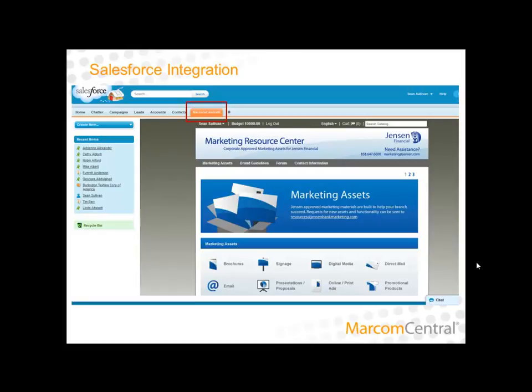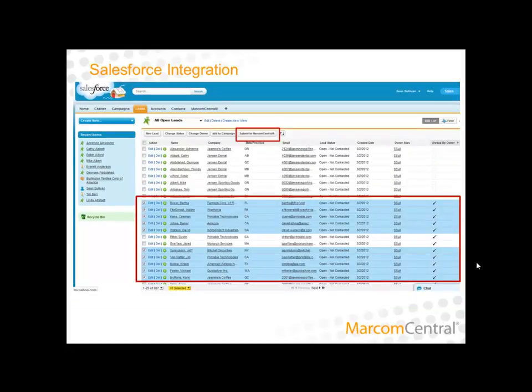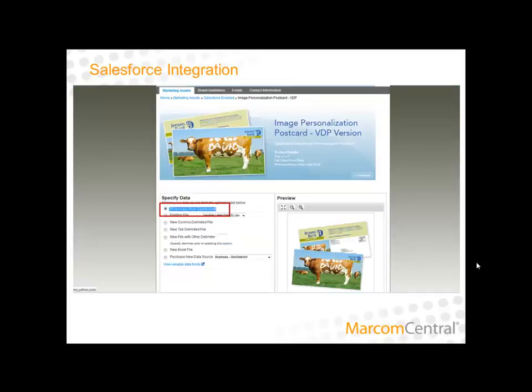Within Salesforce, users can search, find marketing content and assets to be used through various stages of the sales cycle, and also be able to incorporate lead, account, and contact data into templates configured on MarcomCentral. CRM data such as name and address information, as well as other fields of data like product interests, can be tied to business rules within the template to personalize the outbound messaging and allow campaign management through the medias of direct mail and email,